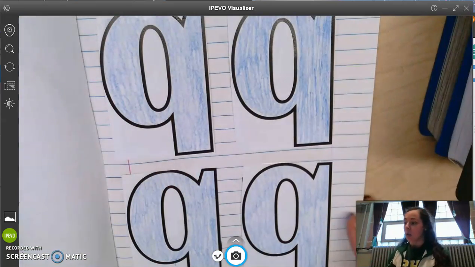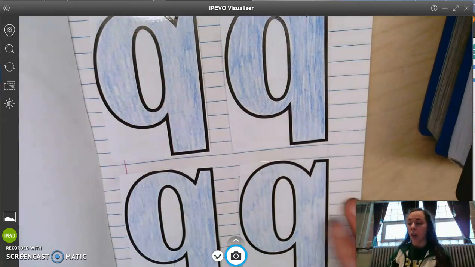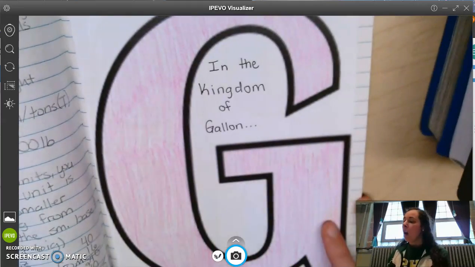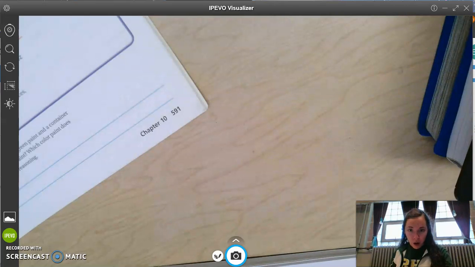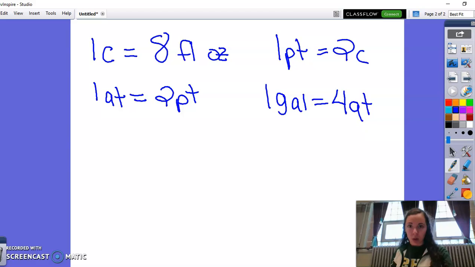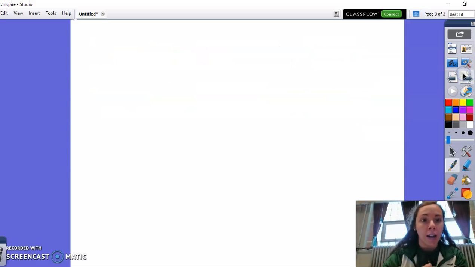So you can use this as a tool to help you count how many of the smaller units are in the bigger units. Okay? All right, let's get back to what we were talking about before. We left off on, let me find my mouse here. There we go. So we left off on these conversions here, and this information is the same as what the Kingdom of Gallon gives you. Okay? So we're going to talk now about how we convert between them, how we do the math part of things. And to do that, we have to know